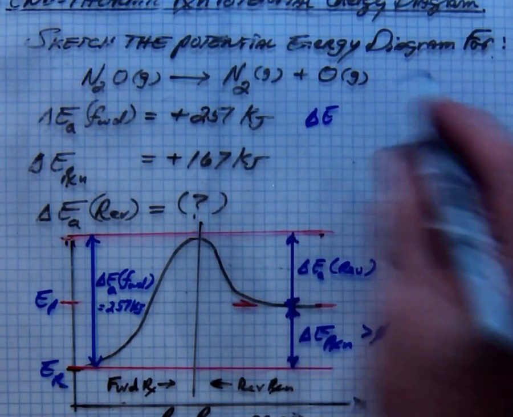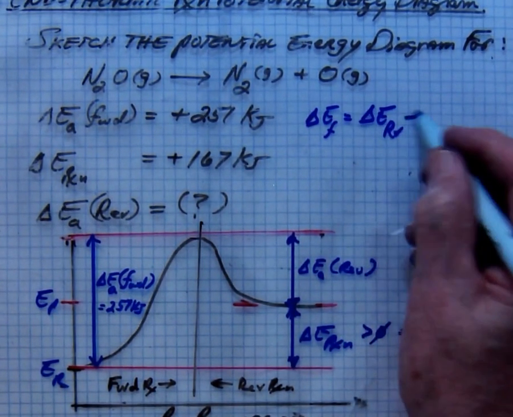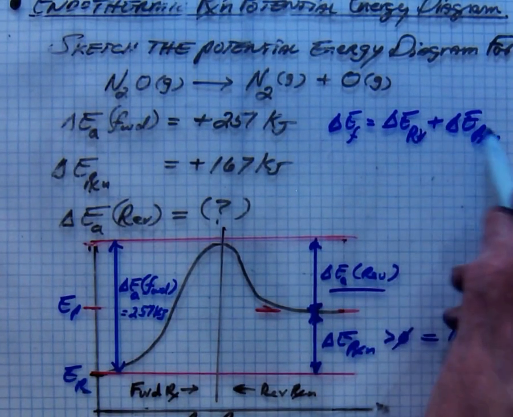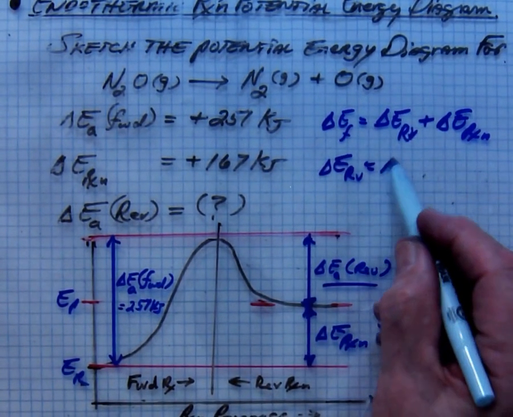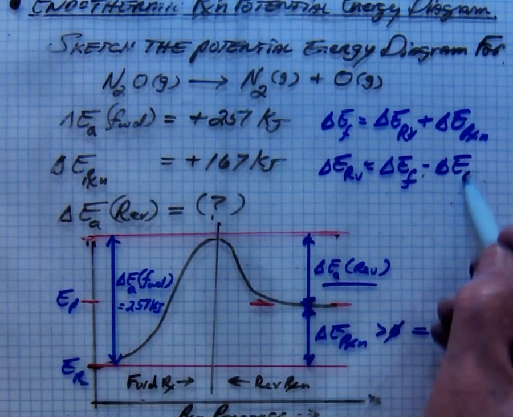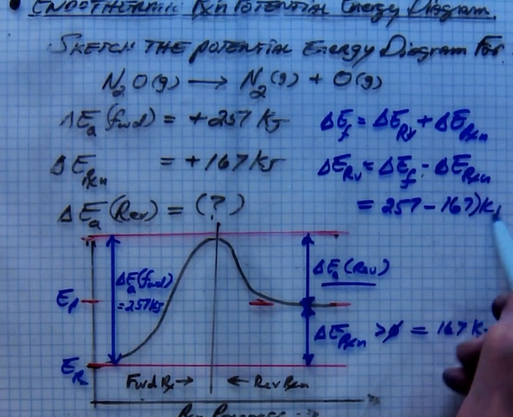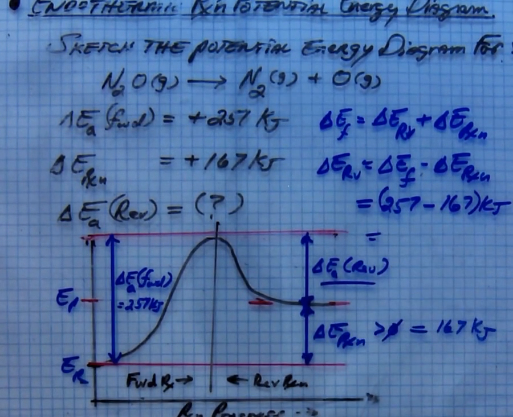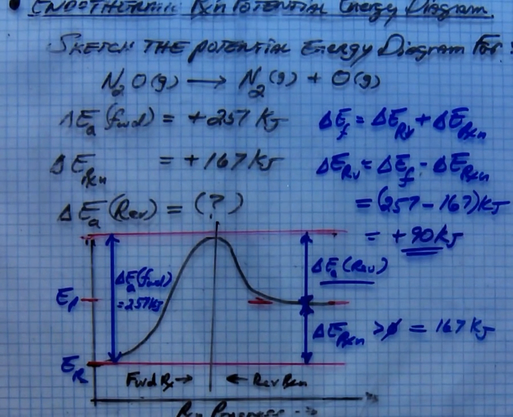So we have delta E forward is equal to delta E reverse plus delta E of the reaction. And since they're asking for delta E of reverse right here, then we'll subtract delta E reaction from both sides. So delta E reverse is equal to delta E forward minus the delta E of the reaction, and so we have 257 minus 167 kilojoules for the reverse reaction, and it is endothermic. And that one is a plus